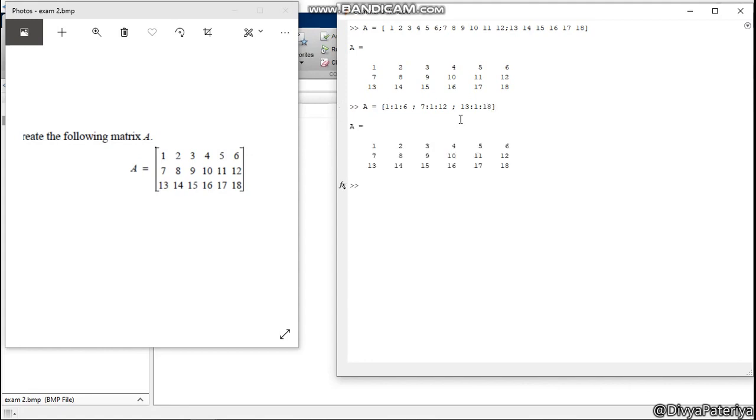Now we can see that we have created the same result as above. So we do not have to write this out. Whenever we see any relation in the digits of a matrix, we can simply use the colon operator. This is how the colon operator eases us when we have to write the elements of a matrix in a similar fashion.